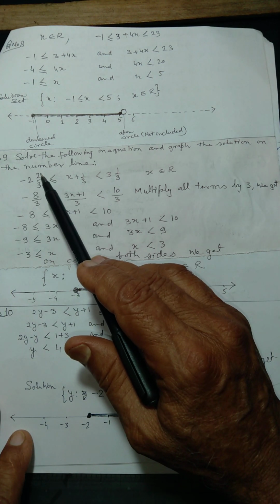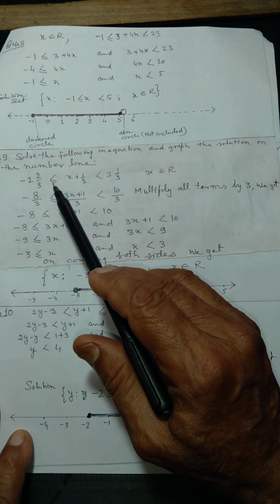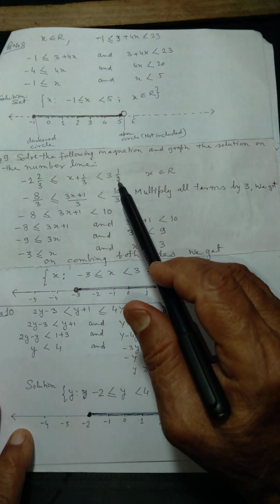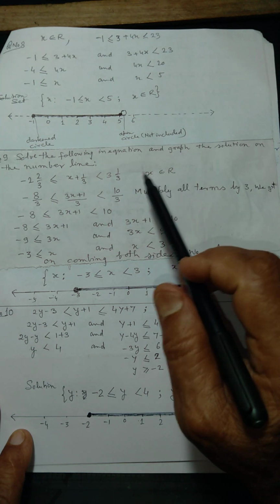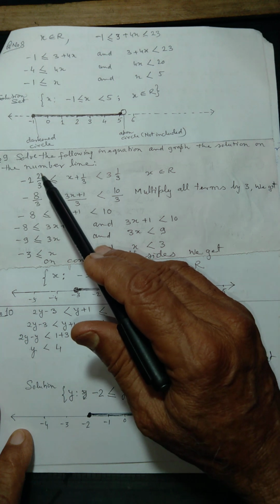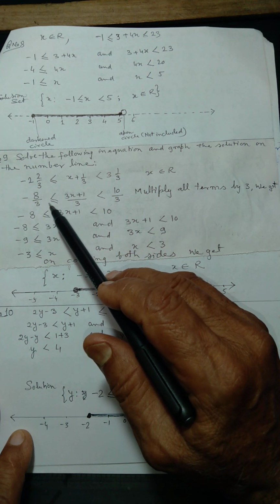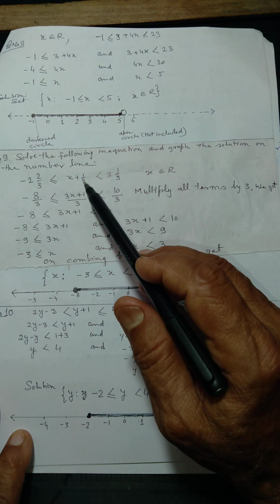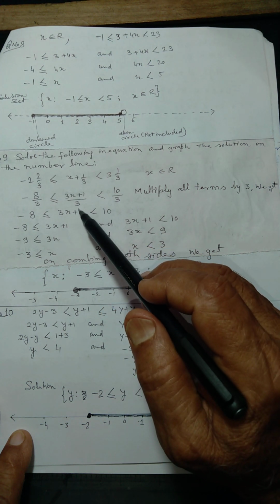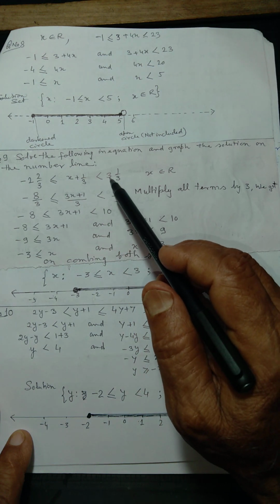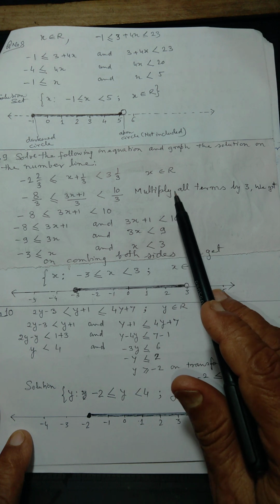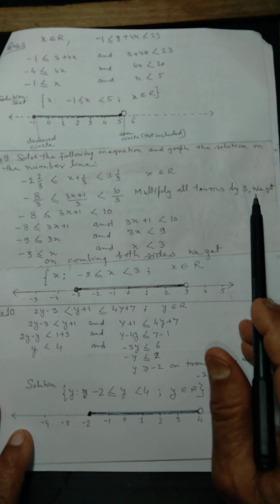Minus 2 and 2 by 3 is less than or equal to x plus 1 by 3, which is less than 3 and 1 by 3, where x belongs to real numbers. You see, I have just 3 times 2 is 6, 6 plus 2 is 8, so minus 8 by 3. Here I will take the LCM, 3 ones are 3, so (3x plus 1) whole divided by 3. Here 3 threes are 9 plus 1, 10, so 10 divided by 3. Now multiply all the terms by 3, we get